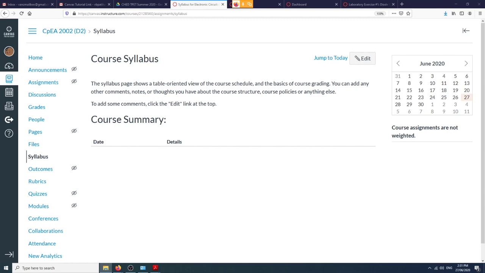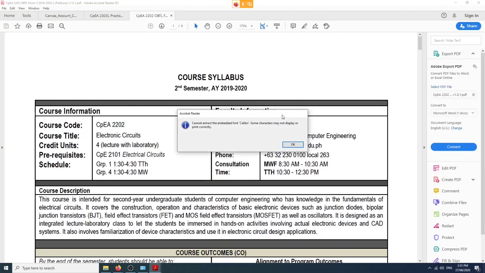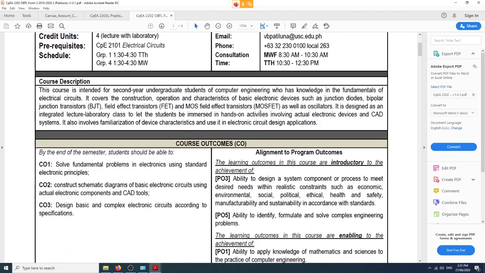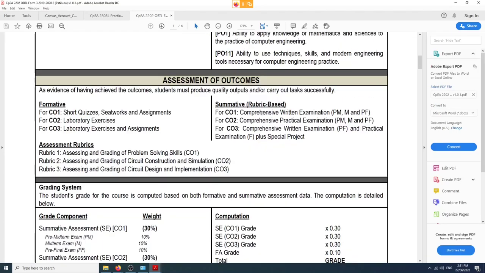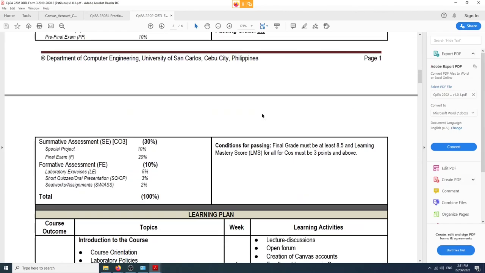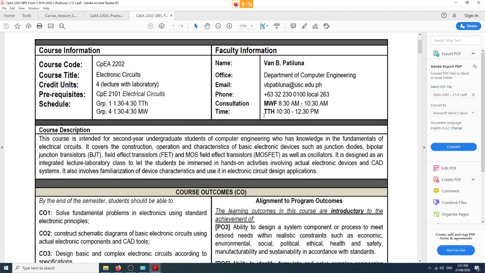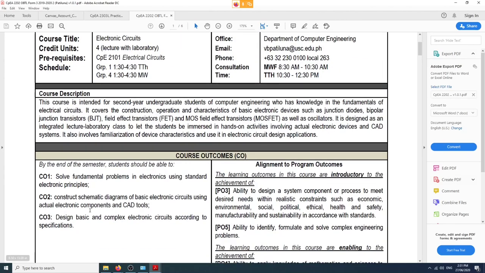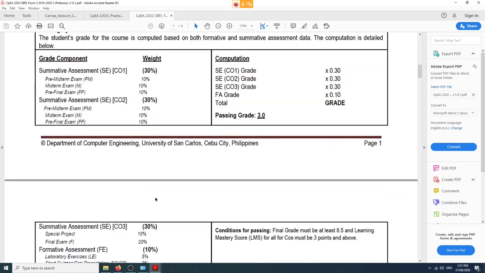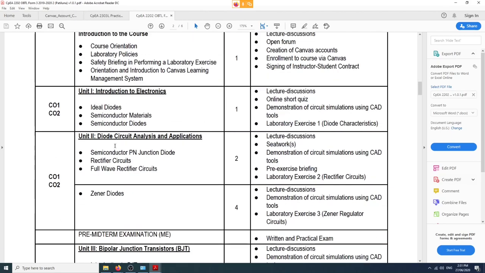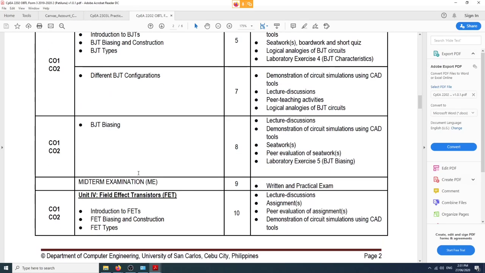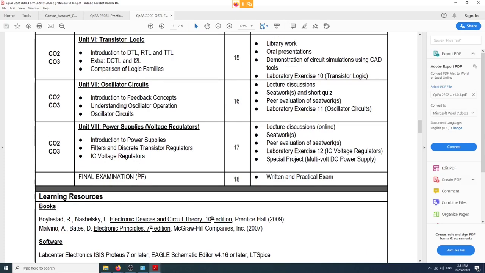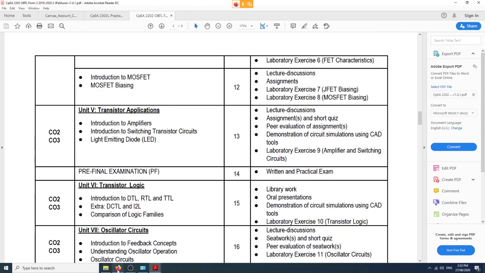So say for example, we have a course syllabus like this, right? The usual course syllabus. The important information of the course syllabus is the course description, course outcomes, and course outline. So what are the units or chapters that actually comprise the entire course? So what you could do is that we can just